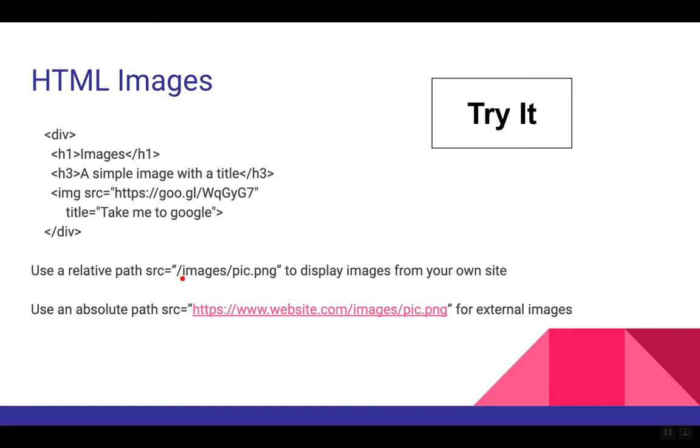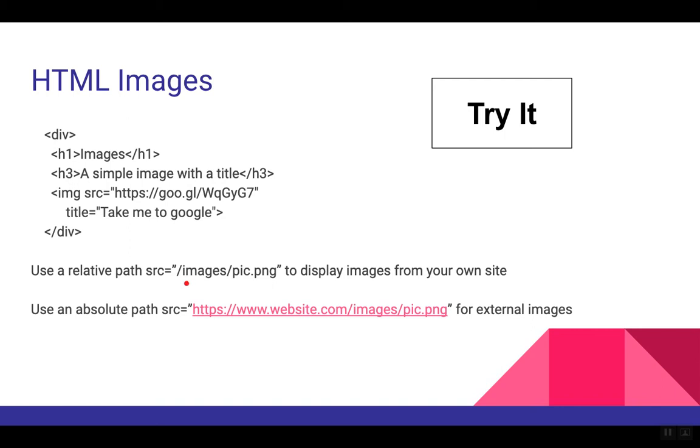Relative paths are very good in that it saves you a lot of typing, so you don't have to put the entire URL and protocol and domain in there. Two, if you are running the site on multiple URLs, so you have maybe a testing site, a demonstration site, or a development site, so you're running it on your laptop, or you have a QA site for your team before it goes public, using the relative path will allow you to draw in all of those resources on different domain names without having to change any of your code. As a rule, I use relative